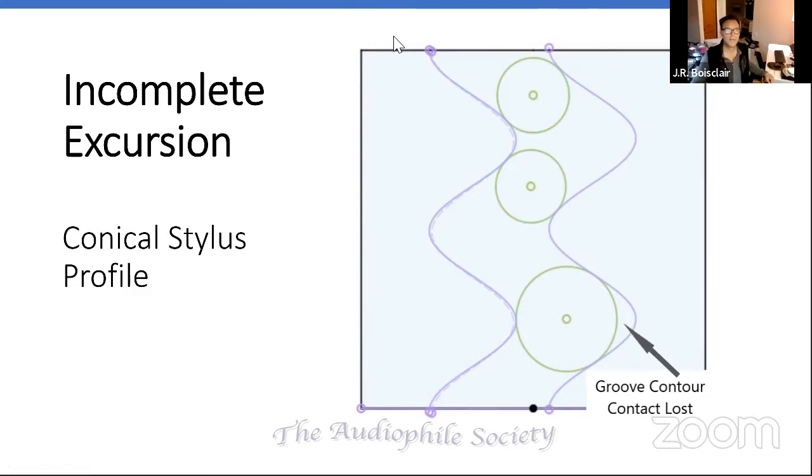The stylus will not reach all the way, and this is an exaggerated view, but it's so you can understand the principle. The stylus won't reach all the way over to the bottom of the groove. So it's not reading all of the signal. Okay, next,